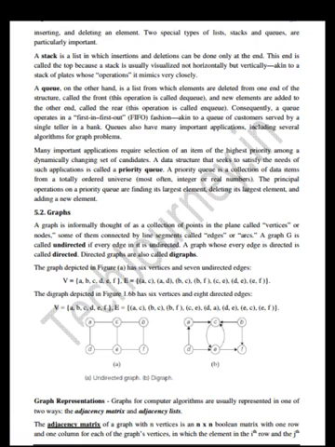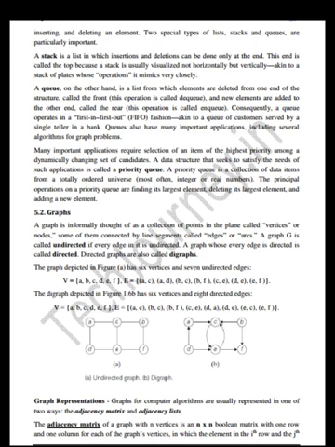The graph depicted in figure 1.6a has 6 vertices and 7 undirected edges. V = {A, B, C, D, E, F}. E = {AC, AD, BC, BF, CE, DE, EF}. The digraph depicted in figure 1.6b has 6 vertices and 8 directed edges. V = {A, B, C, D, E, F}. E = {AC, BC, BF, CE, DA, DE, EC, EF}.